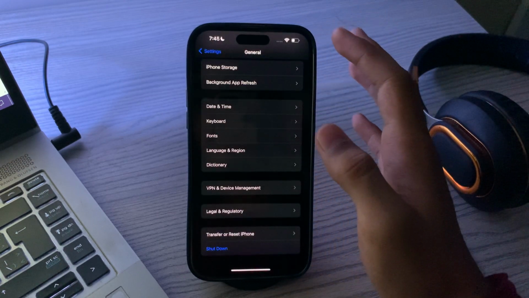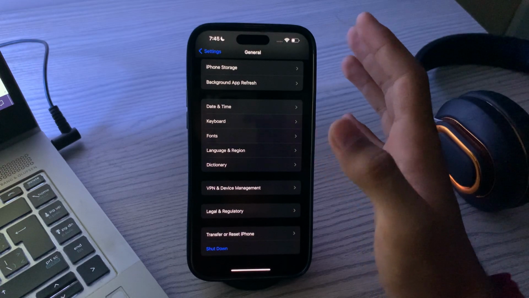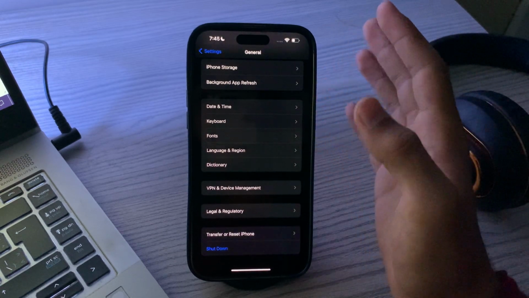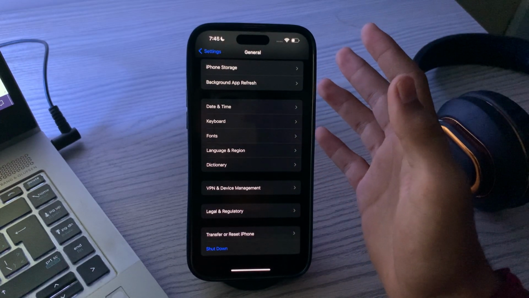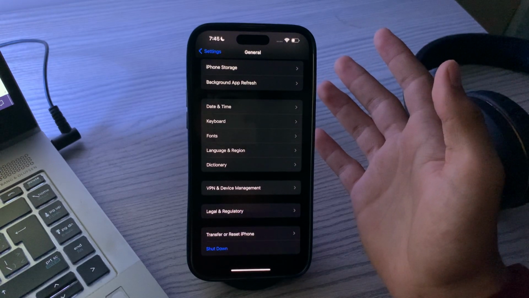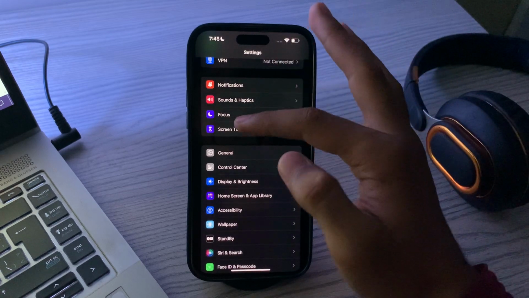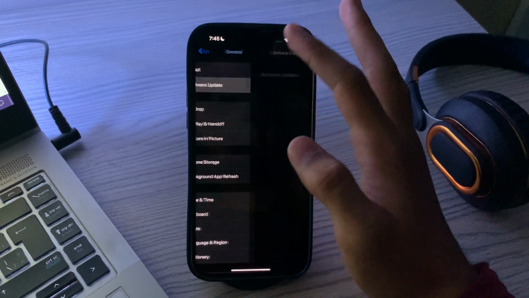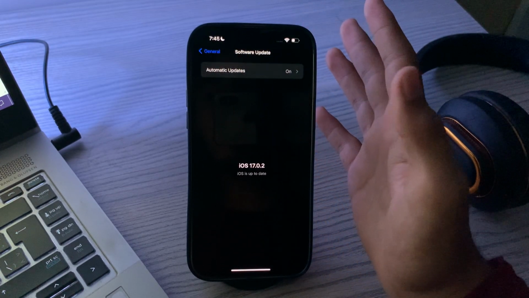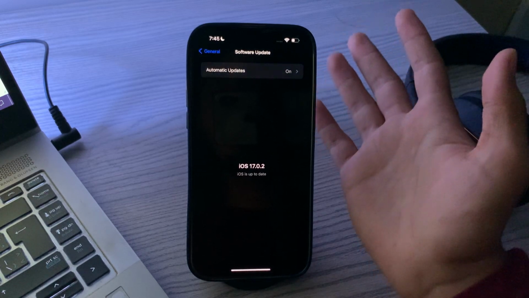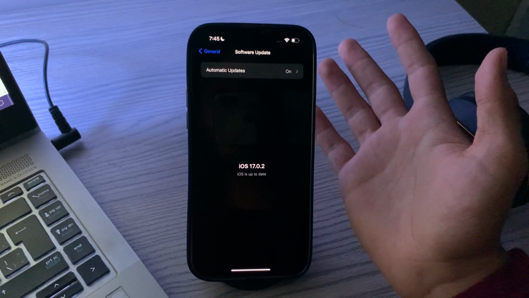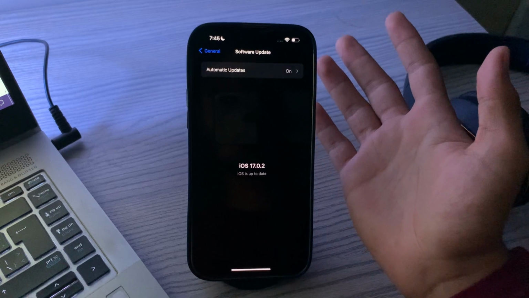After restarting your iPhone, if you're still facing the same issue, then you have to update your iOS version. Make sure your iPhone is running the latest version of iOS. Outdated software can sometimes cause camera problems. Go to settings, tap on general, tap on software update to check for updates. If there is any update available for your iPhone 15, then you have to update your iPhone 15 to the